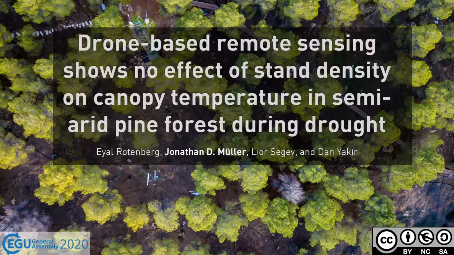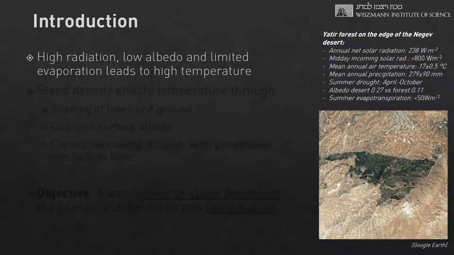Hi, today I would like to show you the results of some of the remote sensing measurements we did in our semi-arid pine forest of the canopy temperature during the peak of drought. Now, this forest was planted in the middle of a shrubby, deserty environment, and it is subject to a very high solar radiation, and due to its low albedo and limited evaporation, the whole forest gets to a relatively high